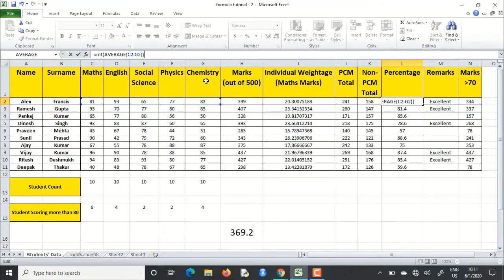I will press enter. You can see that 79.8 got converted to 79, and I will do this for all the rows, and you can see all the values were converted to the integer parts of them. Note that it is never a round function. It is never a kind of rounding off. It is just the integer part of any value you are passing to the integer function,